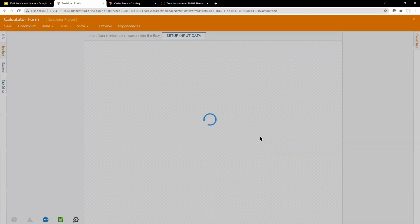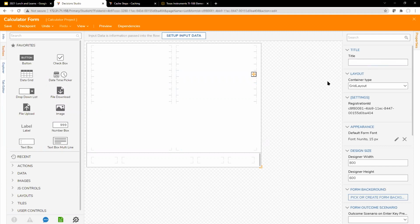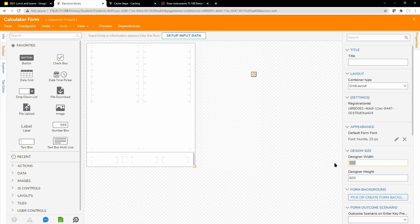Okay, I'm going to call it calculator form. And I kind of want it to be about the same size as what that Texas Instruments 108 would be, the classic elementary school blue calculator, the nice plastic case. Those are good calculators. It looks like it's definitely taller than it is wide. So I'm going to give it maybe 500 pixels of width. That's even still too much. Let me give it